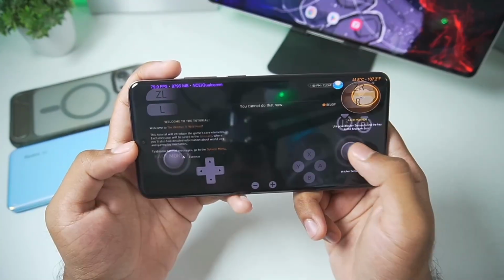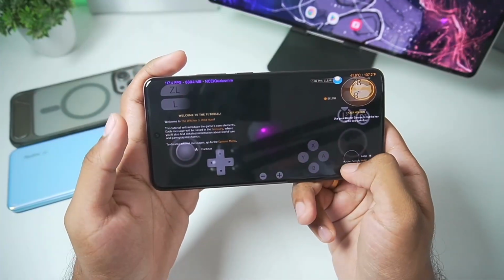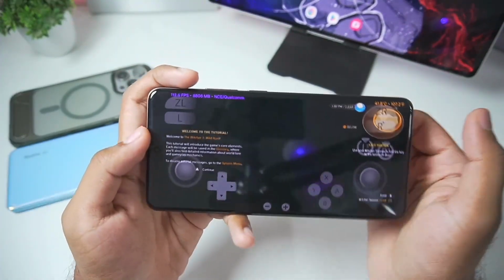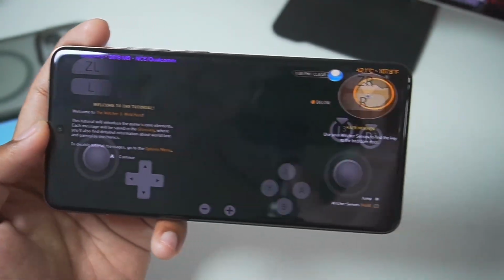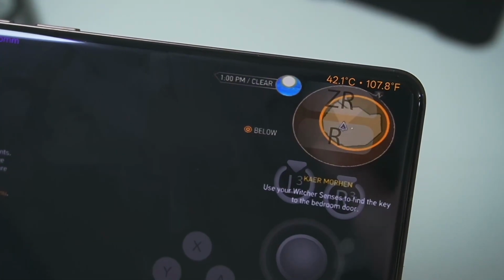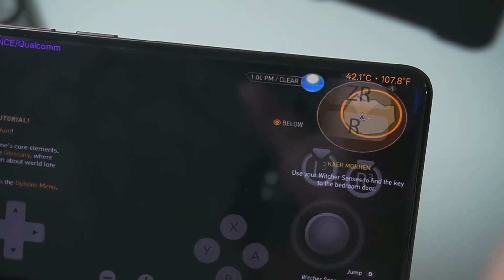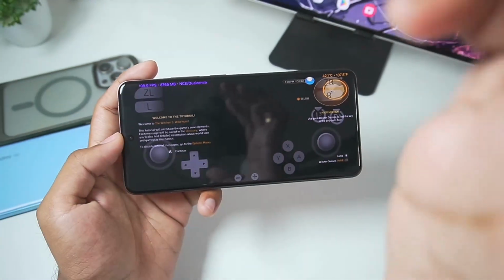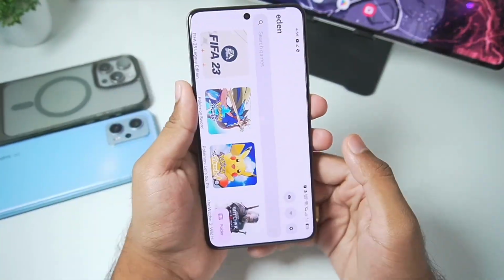the graphical output. So unfortunately, as you will be able to see, because of Snapdragon 8 Elite processor issues, the graphical output is not working, and at the top left corner you will be able to see the FPS. Now Witcher 3 is a very heavy game, so you will be able to see my device is heating up even more, because to provide 120 FPS while running Witcher 3, it is taking everything that Snapdragon 8 Elite has to offer. So I'll just go ahead and turn off this game, and yeah, that's going to be it for